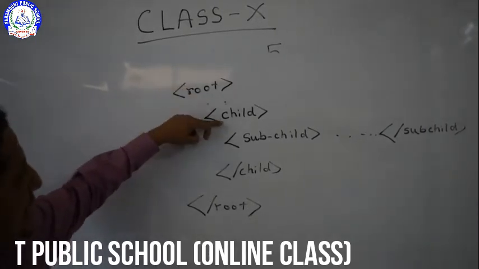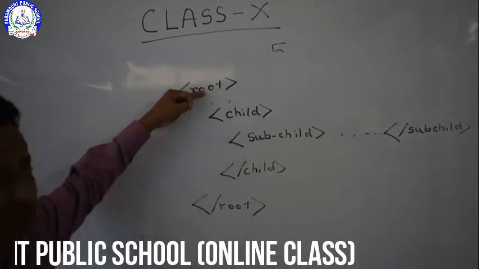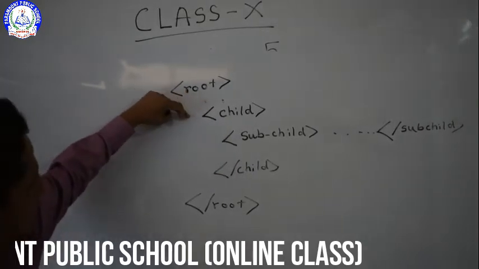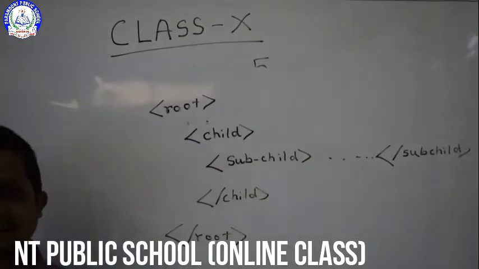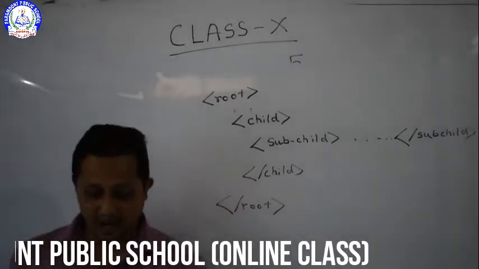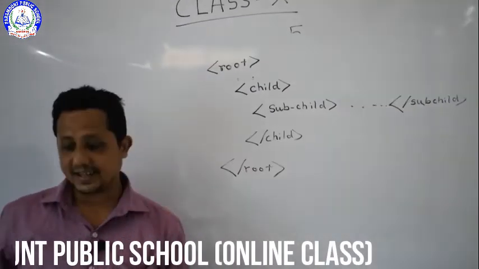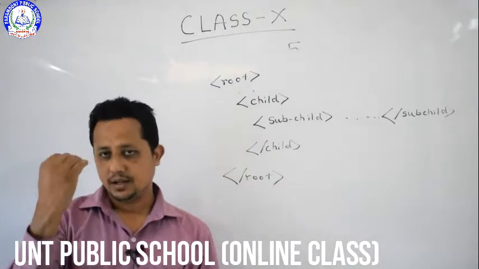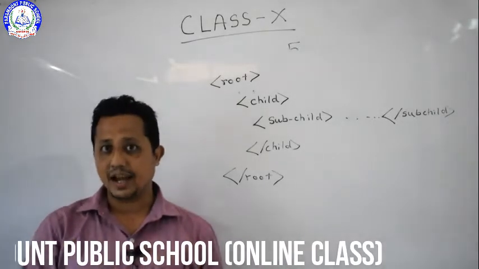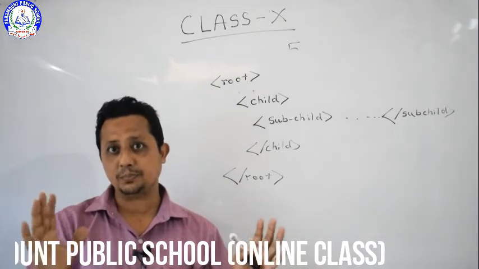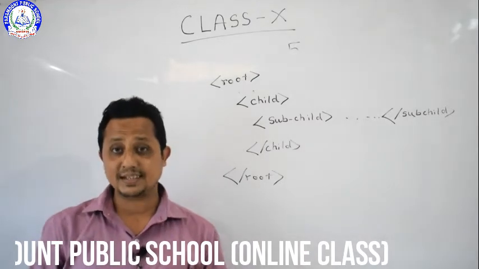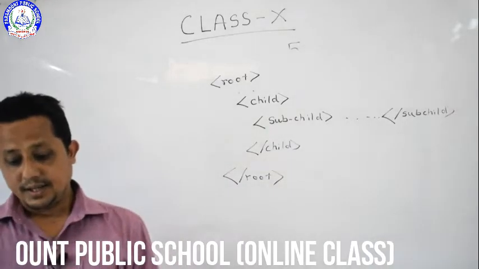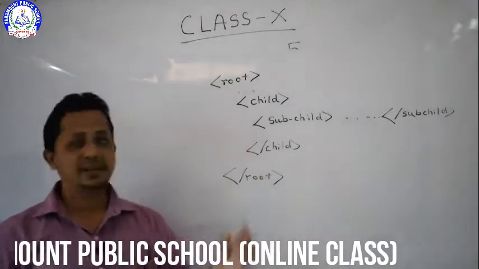So you can see here basically the structure is tree shaped. This child falls under the root, and this subchild is a part of the child. So we find a tree-like structure. Basically the texts are tree structured in the case of XML. But as we have seen in earlier chapters, and have done practicals with HTML, the texts are not in a tree-like structure. HTML is not a tree structure, but XML is.